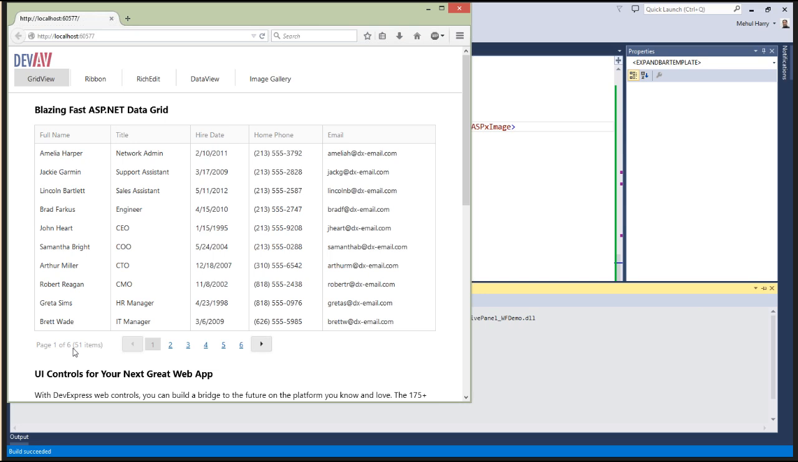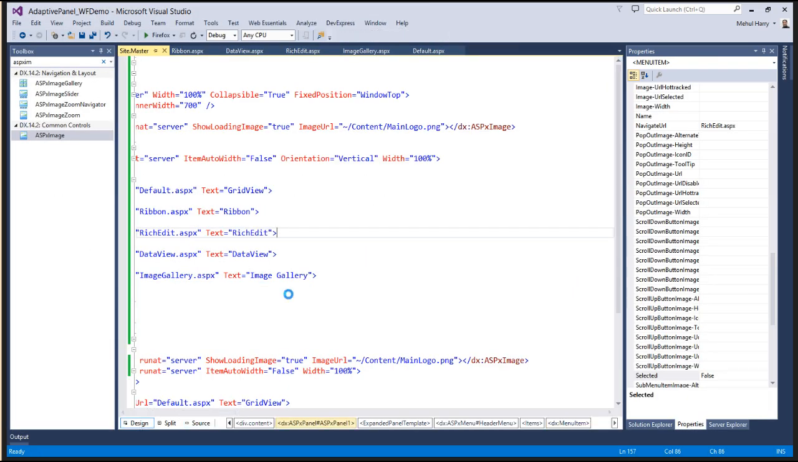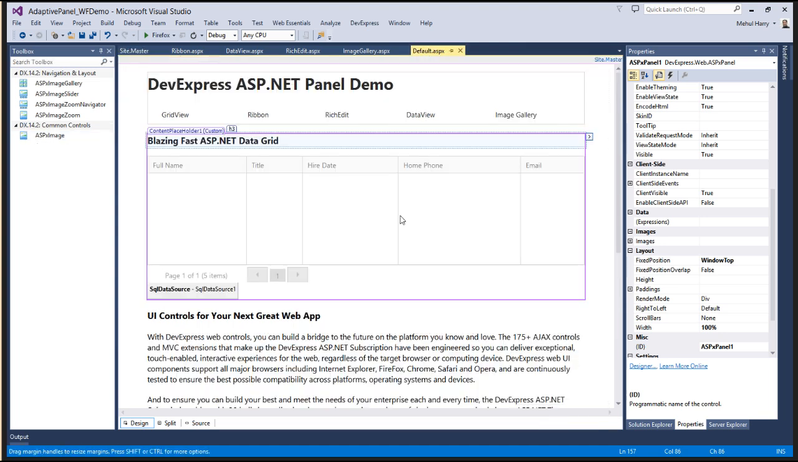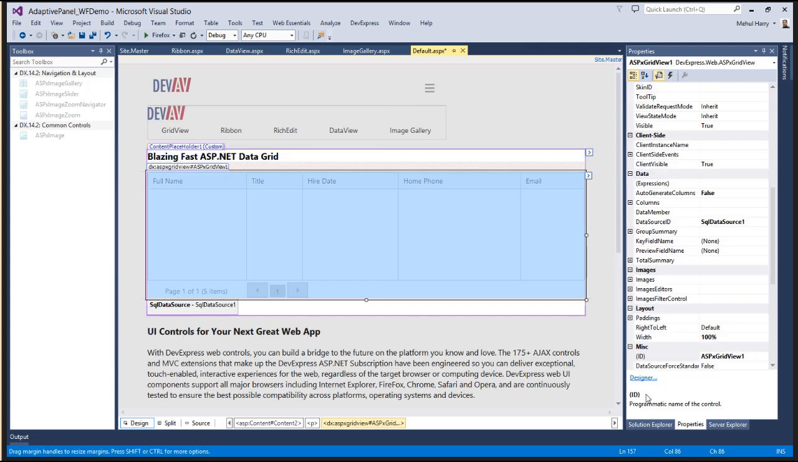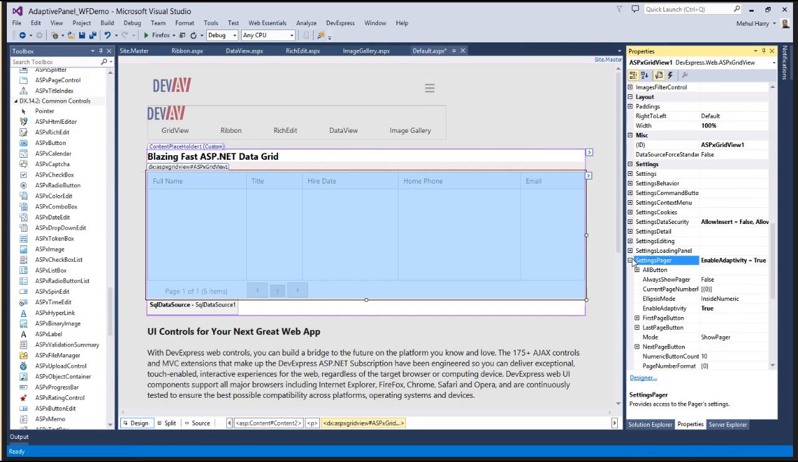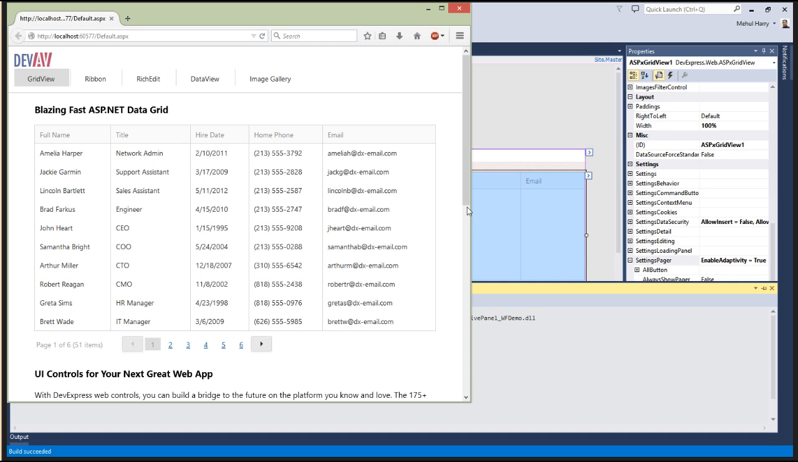Now, this pager control is used extensively in our controls like our grid view, our data view, in many, many controls. So what this allows you to do is go into the pager properties of this specific, let's go into default. So let's take a look at the ASPX grid view. If you go to settings.pager, you'll find a new property called enable adaptivity. And if you set it to true, which I have done here, you'll find that when your site is collapsed